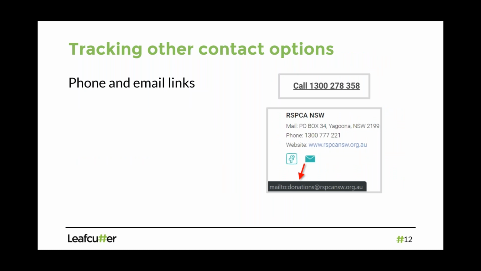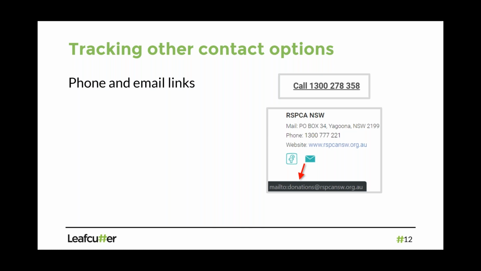Quite often our websites will have contact options. It's not just about filling in forms, which is relatively easy for us to track with website analytics, but we'll have phone numbers and email addresses on our websites as well. And while on a desktop, like if you're on a laptop or a desktop, you're not really going to click on a phone number because it'd be kind of weird, nothing would happen. But on mobile, you could obviously click on those little email icons or an email address, and that would fire up whatever the default email client is on that machine. To date, we don't really have visibility over that.